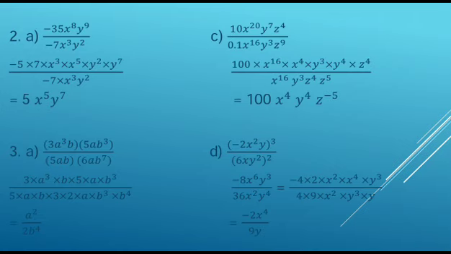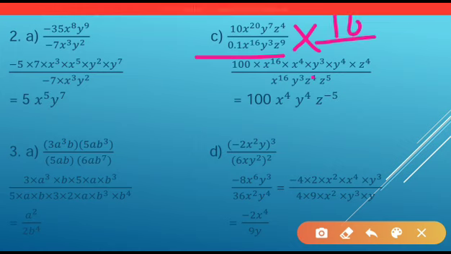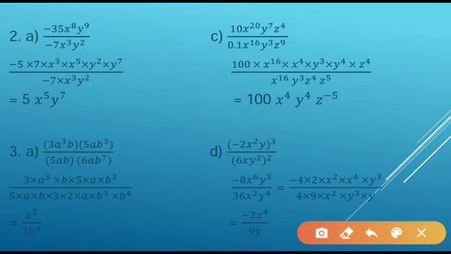Next question. In the next question, the denominator is in decimal. So first of all, for removing the decimal, multiply the numerator and denominator by 10. When you multiply, in the numerator you will get 100, and in the denominator 0.1 into 10 will give you 1 only. So that's why I am not writing the 1. In the numerator it will give you 100, and in the denominator it will give you 1. Now expand the